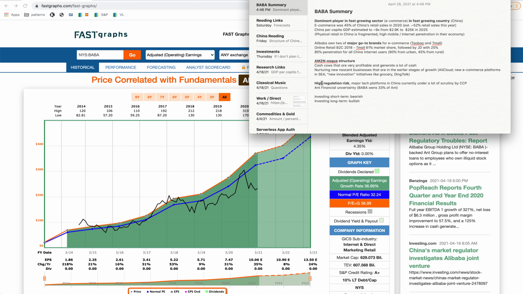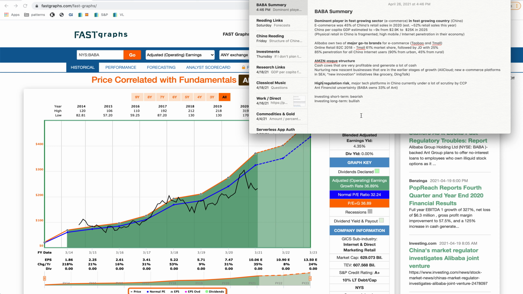With such strong and great reasons to buy, you might be wondering why it is so low, and why we see this trading at such a low multiple relative to what it's been before. One thing that has definitely weighed on Alibaba and a lot of these Chinese stocks more recently is